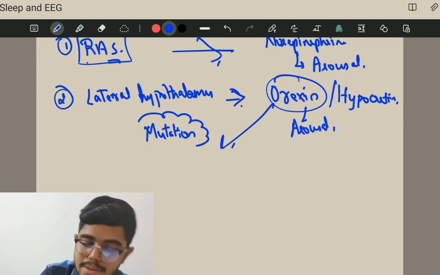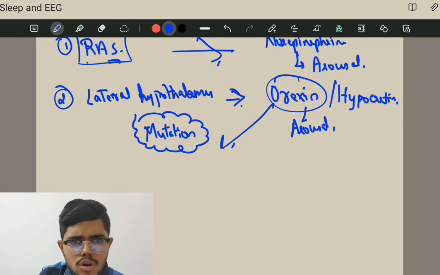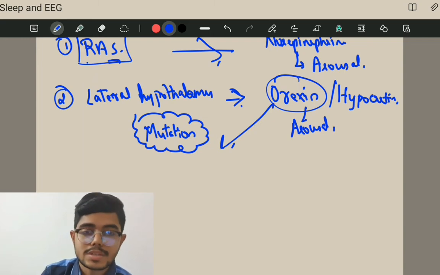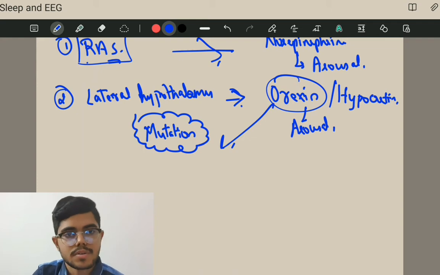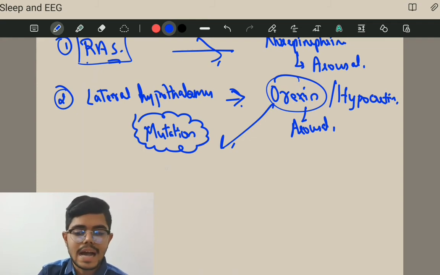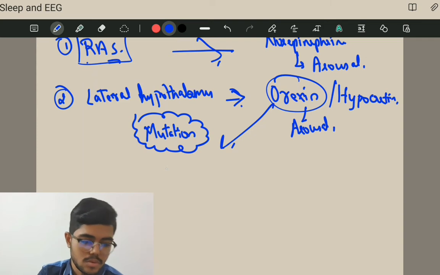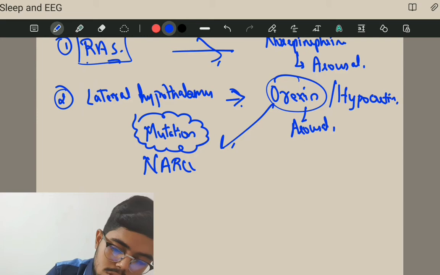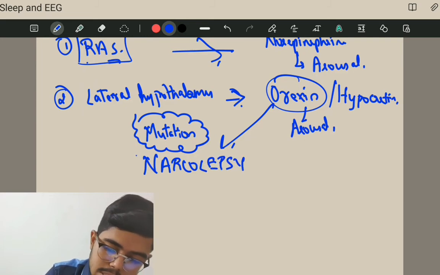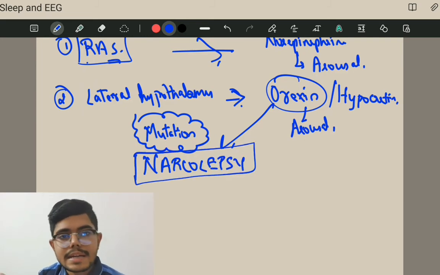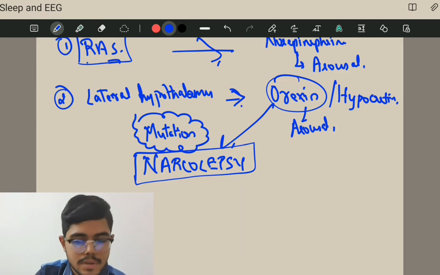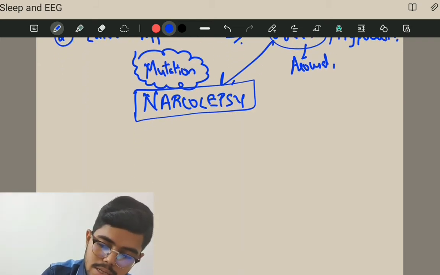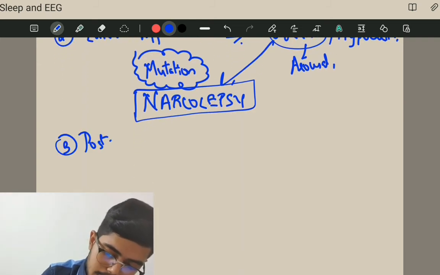mainly the orexin, the individual will talk to us normally, but in between they go for sleep, right? The individual will be talking to us normally, but in between they go for sleep, and that we call an orexin mutation. Also we call it narcolepsy. The patient is talking to us normally, but in between the patient will go to sleep, and we call it narcolepsy, right? Okay, now the third important thing is the posterior hypothalamus,